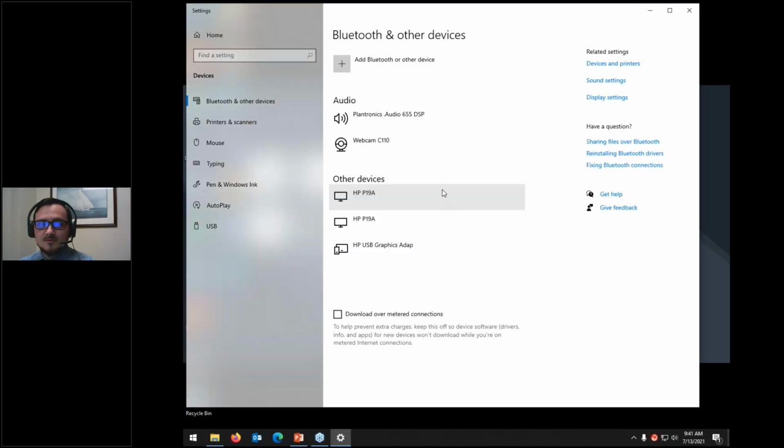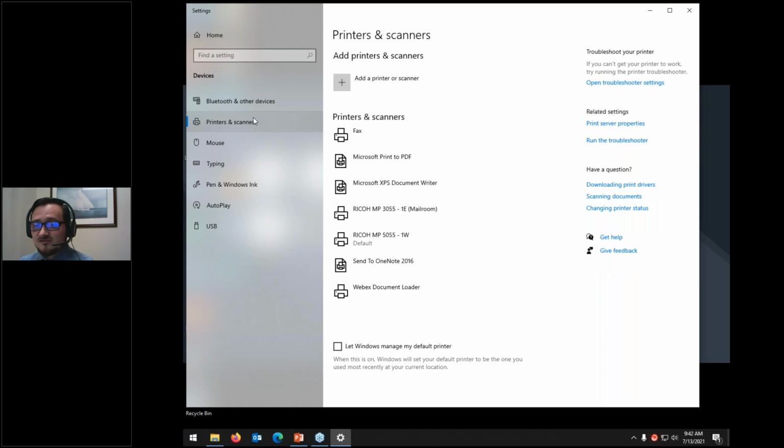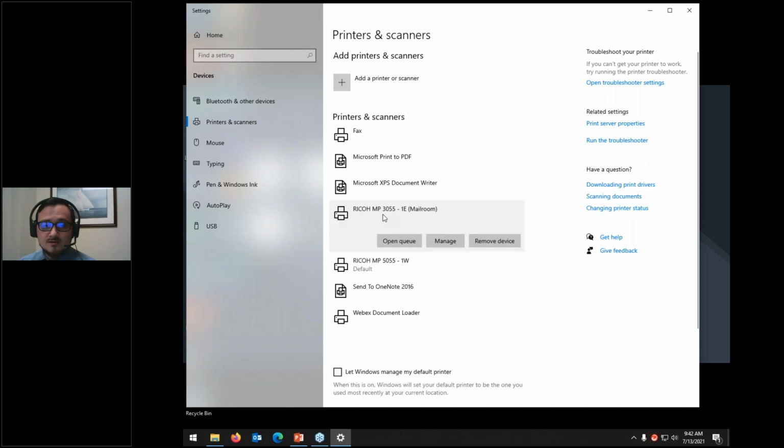And that will open up this other devices sort of window. Most of the time you could find Bluetooth devices where it's labeled on the left with Bluetooth devices. Then under that, we have printers and scanners. And if you can see, this Ryco printer is set to the default. That's our printer here in the office upstairs. If I wanted to change it to the mailroom printer, I could right-click or click on this drop-down, go to Manage,